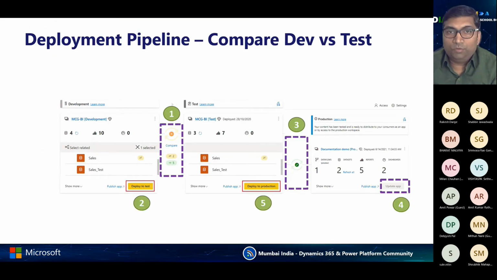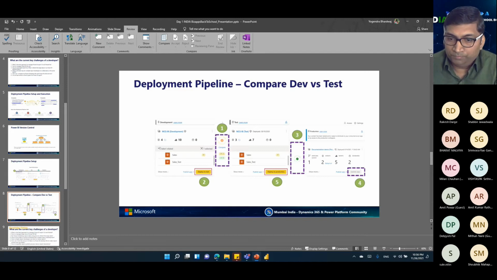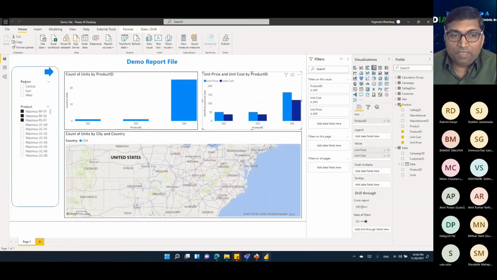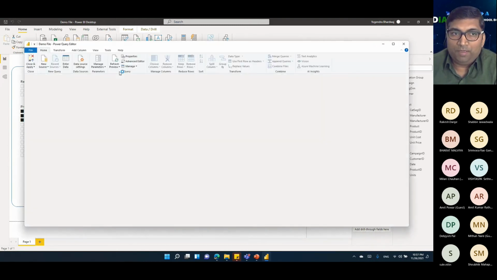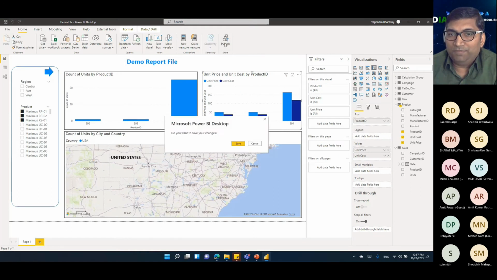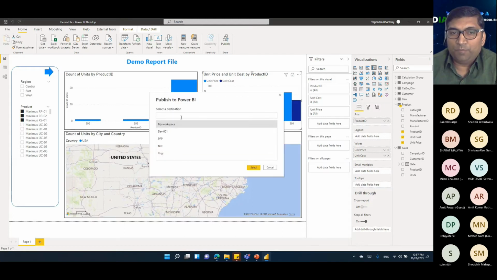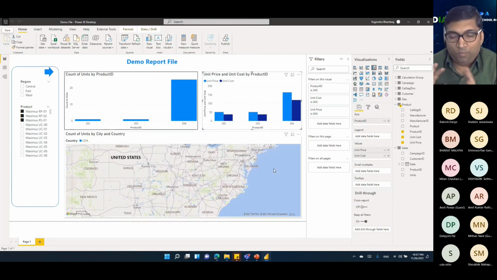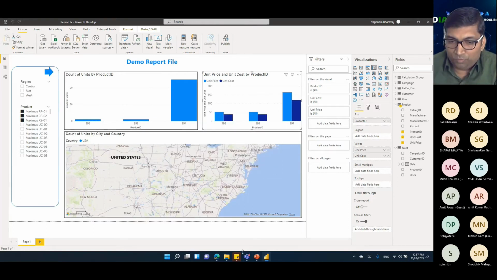So let's go now to the demo. If you can see, this is my Power BI report file. This is the same work that we all are doing as Power BI developers day to day. And if I go to my transform tab, I have all my data here. And normally what we do is we go and publish this file. We select the workspace, we publish this file. We publish both model and UI together. But let's go first